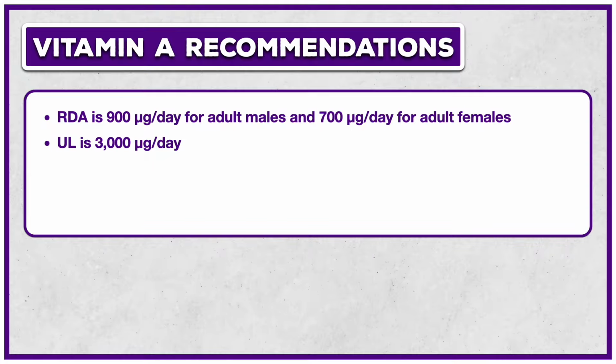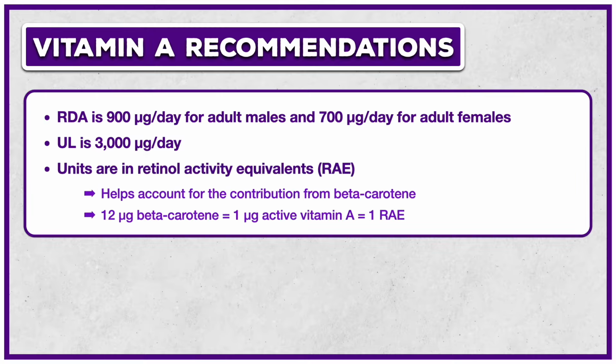Finally, for recommendations, the RDA is 900 micrograms per day for adult males and 700 micrograms per day for adult females. The upper limit is 3,000 micrograms per day. The units are in retinal activity equivalents, or RAE, for food sources and recommendations, which helps account for the contribution from beta-carotene. It takes 12 micrograms of beta-carotene from food to supply the equivalent of 1 microgram of active vitamin